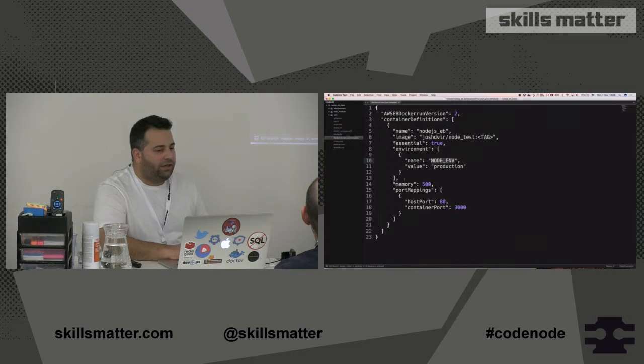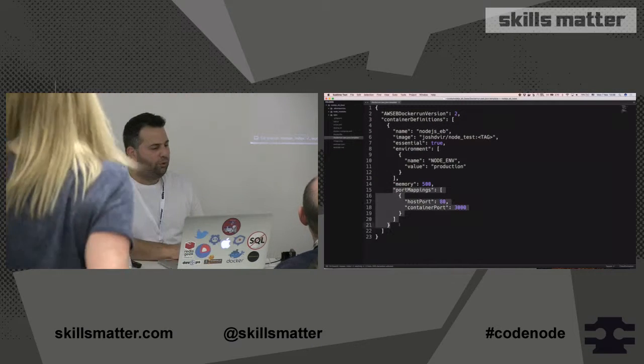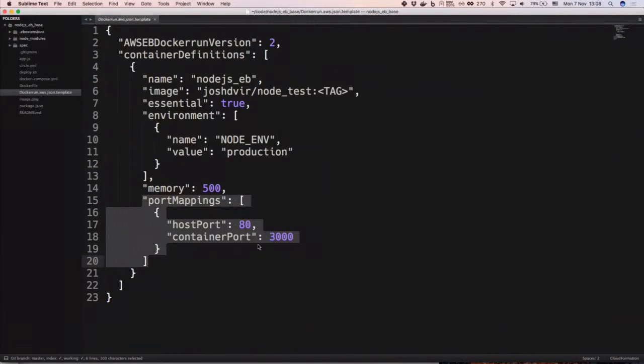I'm giving it a memory limit. Every container needs to have a memory limit. And I'm telling it which ports to open and to map. So I'm telling it to map port 3000 inside the container to port 80 on the server. So that when the load balancer will want to reach,